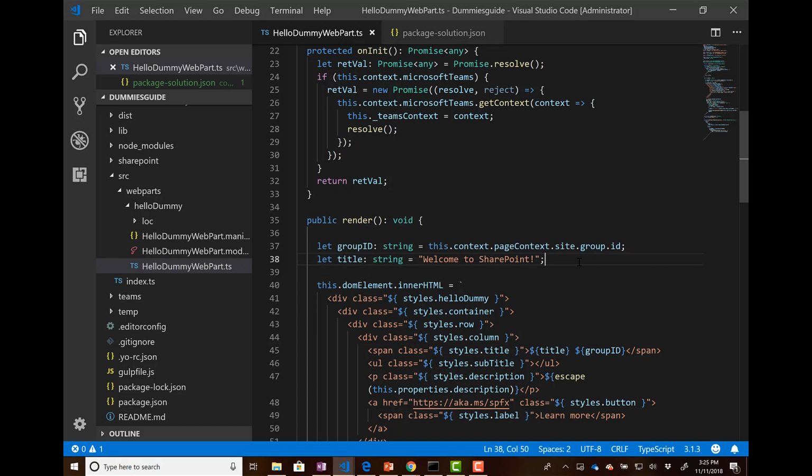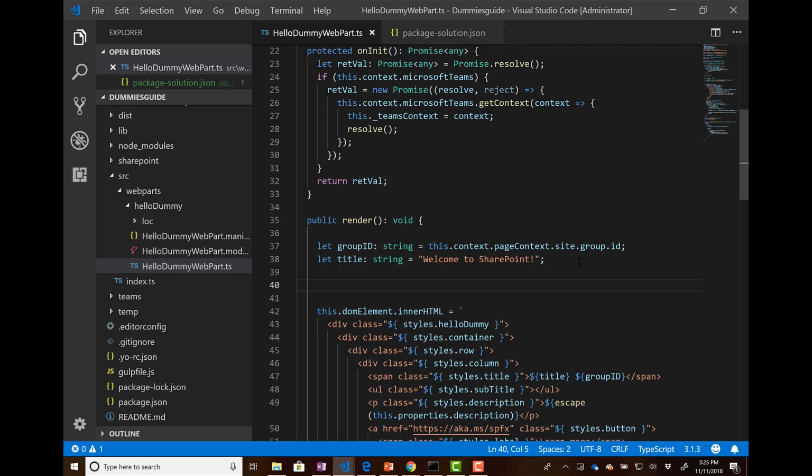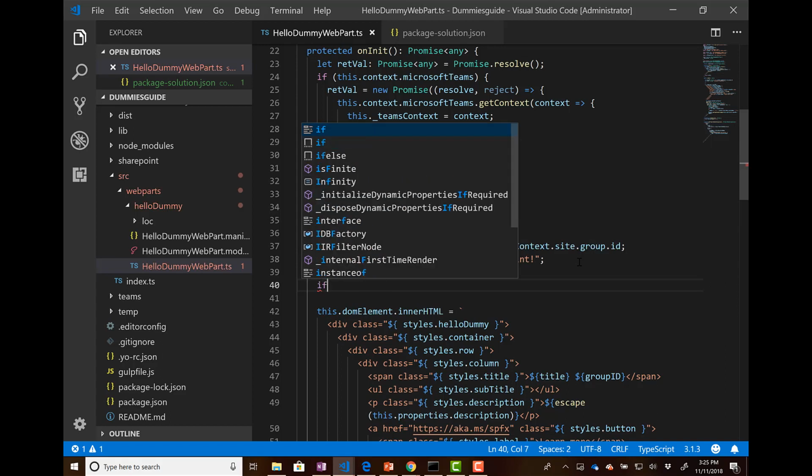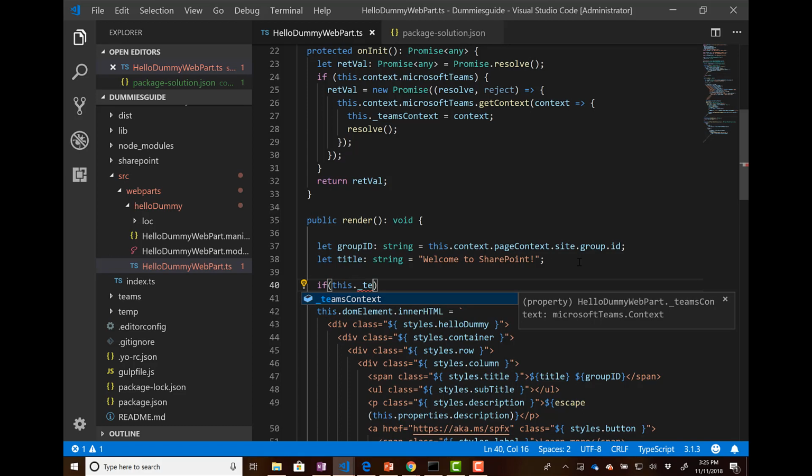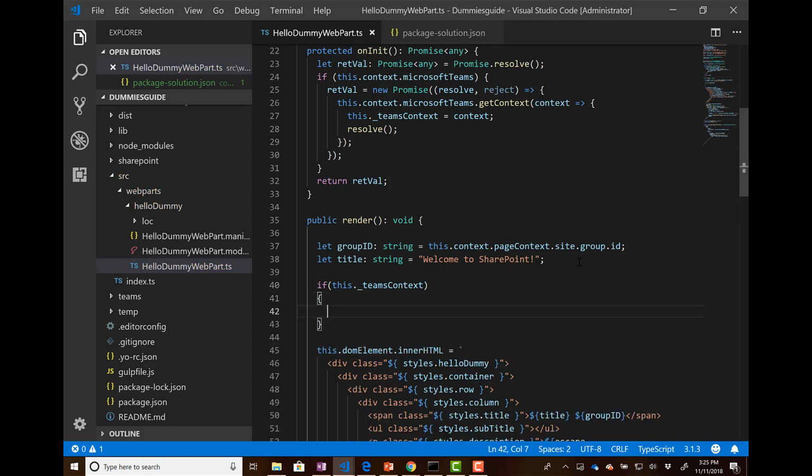Okay, so now let's check to see if we're running in Teams. And the way we do that is to see if our variable has been set, if our variable exists. So I can say if this Teams context, if this variable exists,